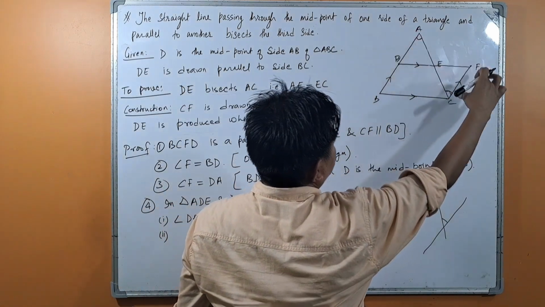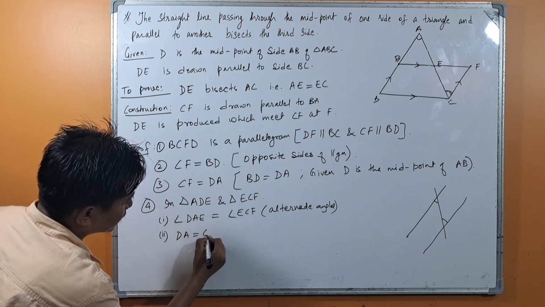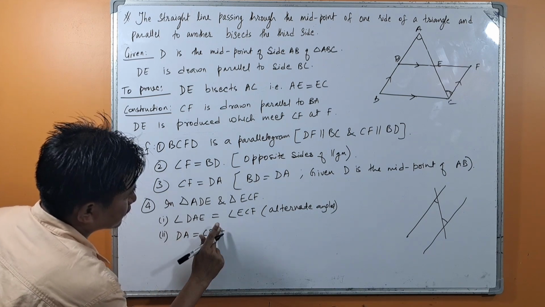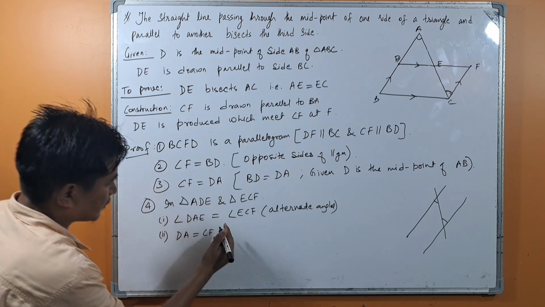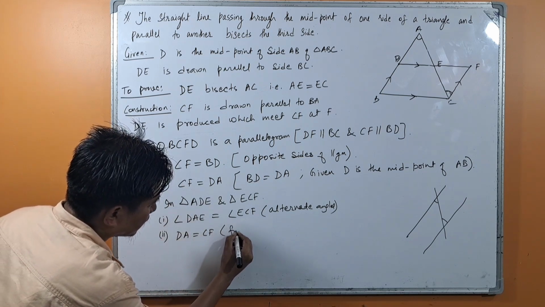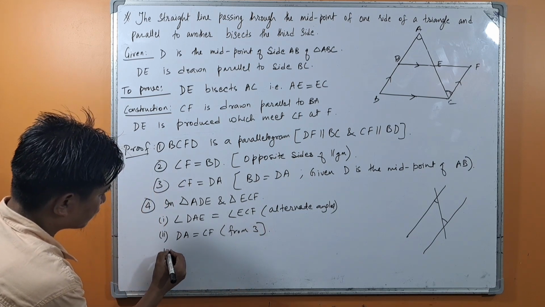Similarly, number 2, AD equal to CF, isn't it? DA equal to CF. This is already proved. CF equal to DA in number 3, isn't it? This is proved from 3, okay. And number 3 we have,